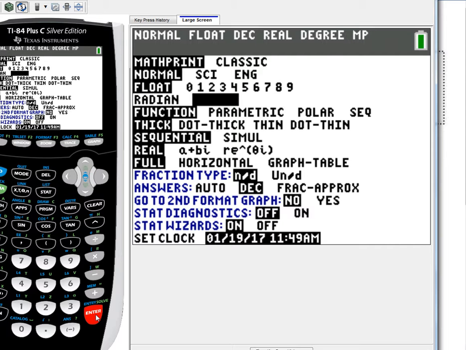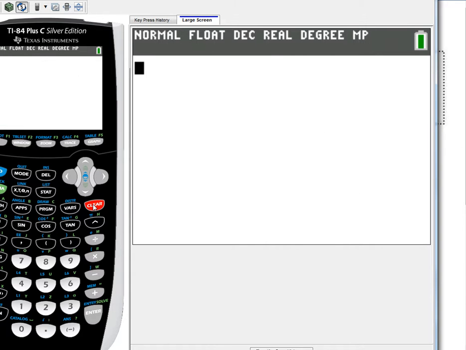When you get out of this, you'll be able to see a degree symbol at the top of your screen. It's very important that you check and make sure your calculator is in degree mode so that you can answer these questions correctly. So now in our notes, once we're in degree mode, we're going to go ahead and label